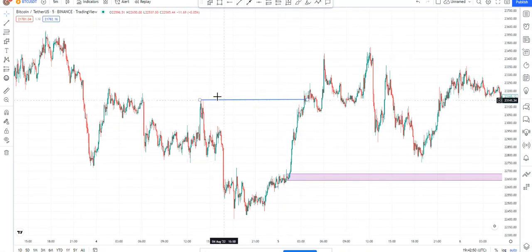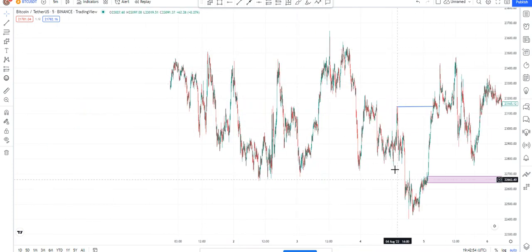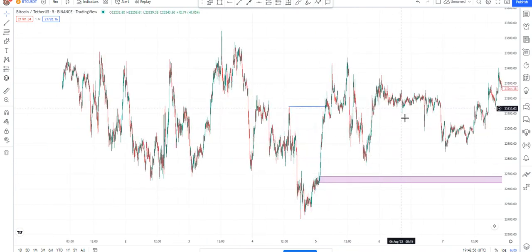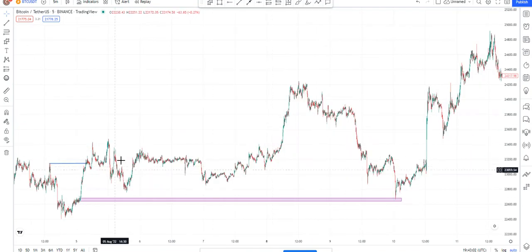Once we break this high, we know that we're in a reversal pattern. So this downtrend is over and we're starting a new uptrend. So basically, this one is on the side of the trend. You can see it took a very, very long time, but the market still came down